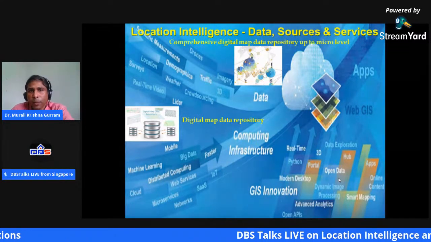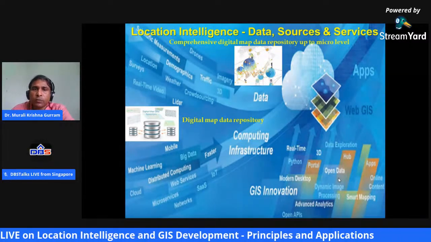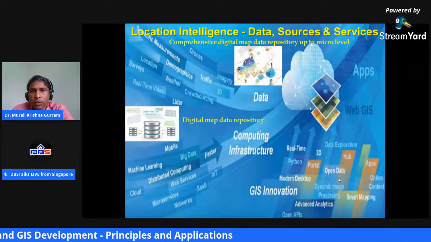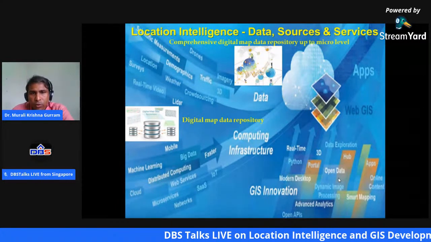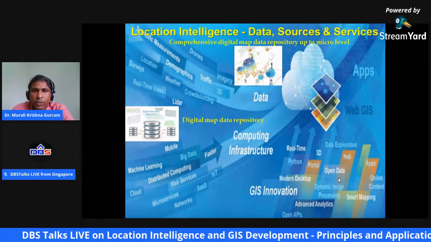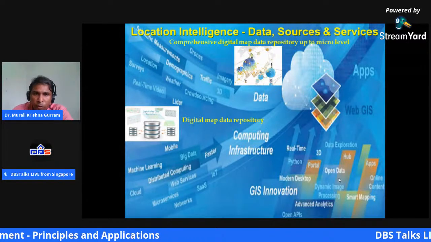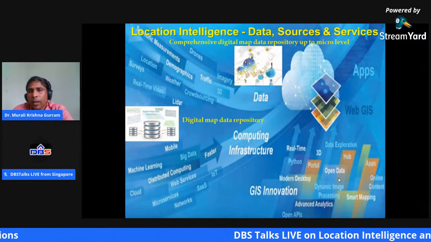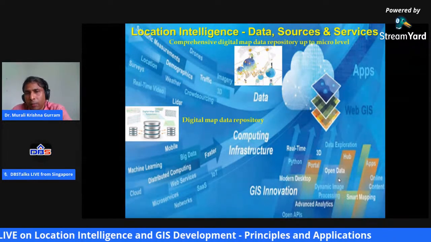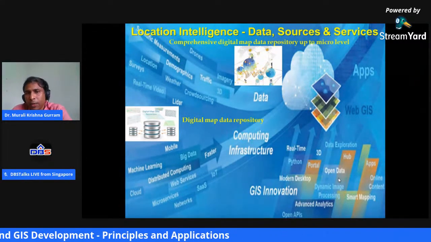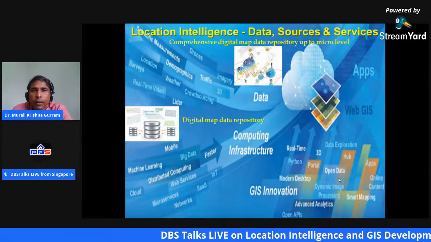So here we're talking about the data sources. Lots of data that we are getting from demographic information. We need the survey information, location information, traffic information, image information, crowdsourcing, LiDAR, all this information. Again, we are using your computing infrastructure for processing all this data, and ultimately, through different media and platforms, we are delivering it to the end customer in different forms. Next slide, please.